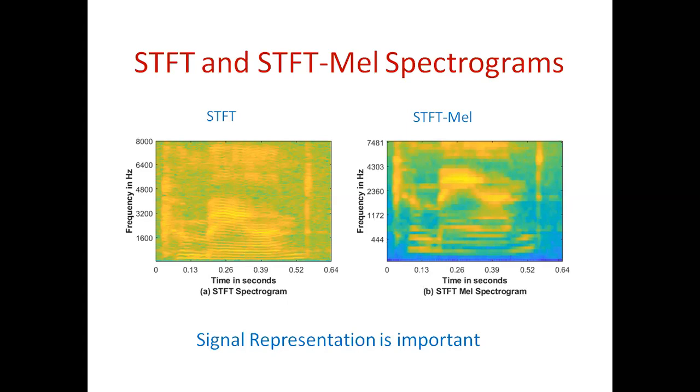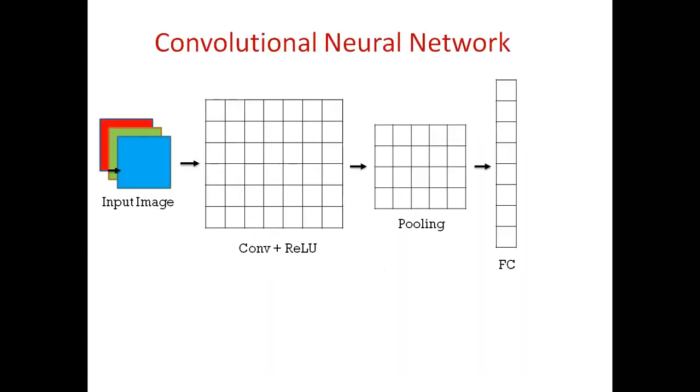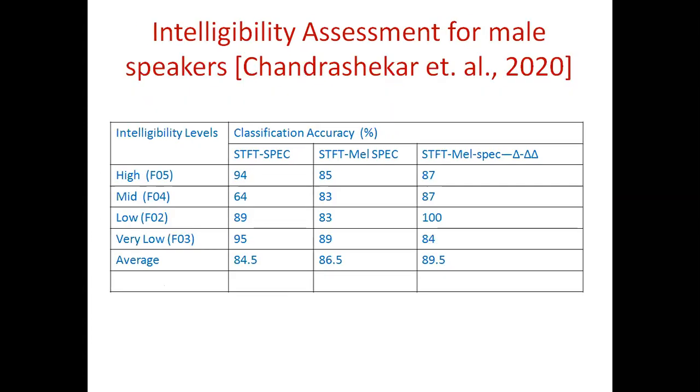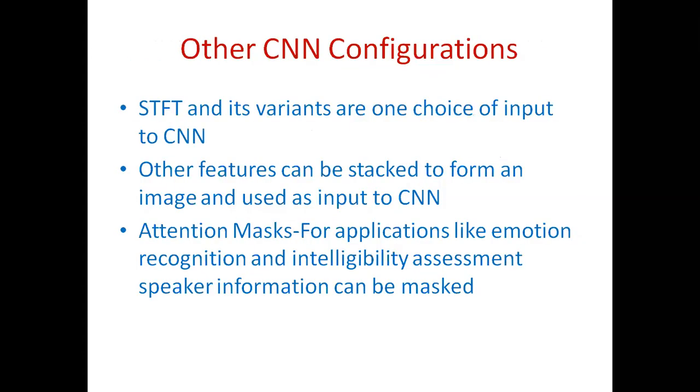It is around 100 hertz. In case of female speakers, it is around 200 to 250 hertz. So what happens there? The difference between the lines will be more in female speakers compared to male speakers. So for female speakers, the harmonics are well separated, but that is not the case in male speakers. So we say that the reason for low accuracy in case of male speakers is because of low fundamental frequency values.